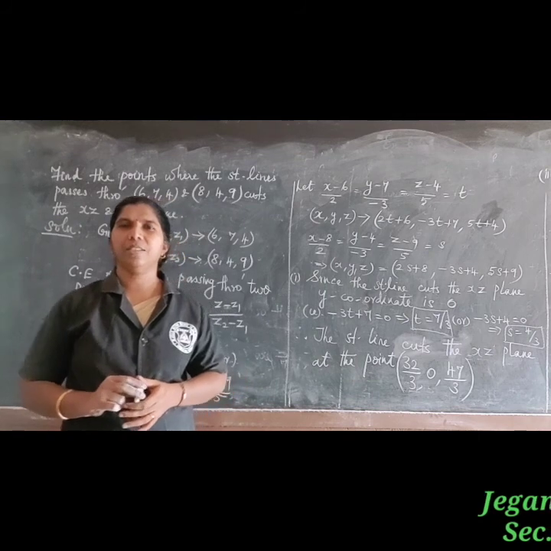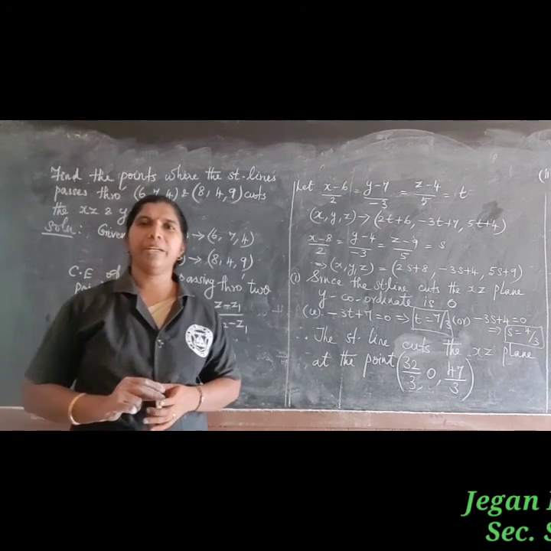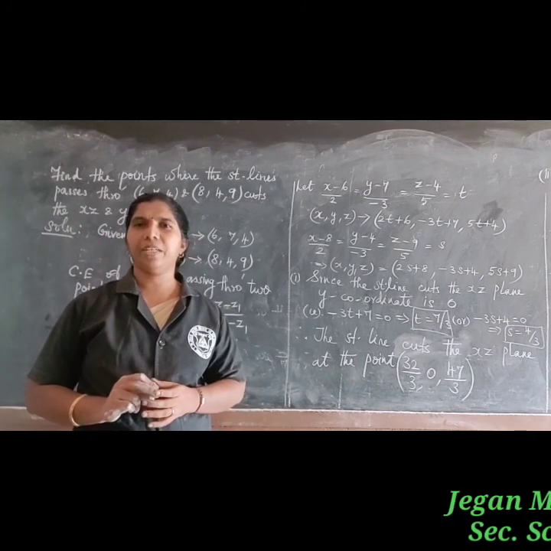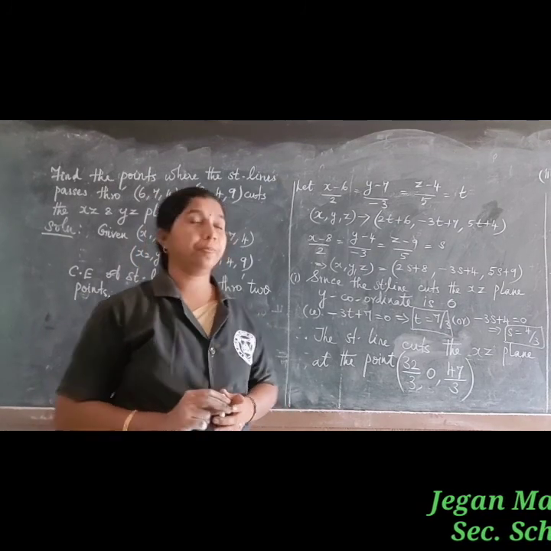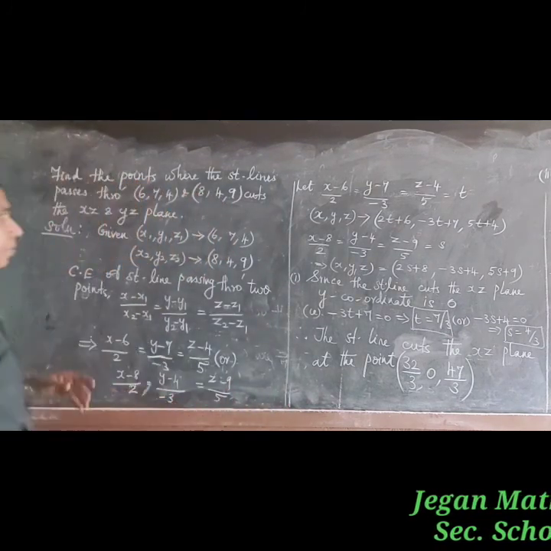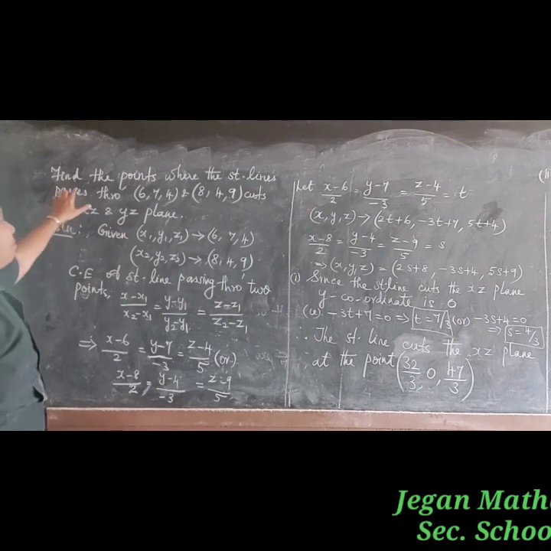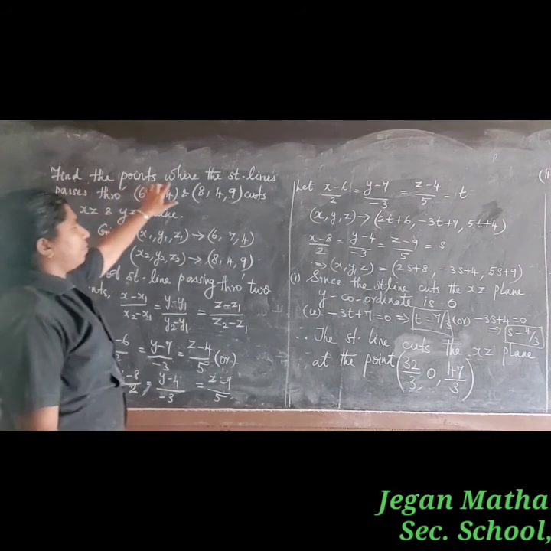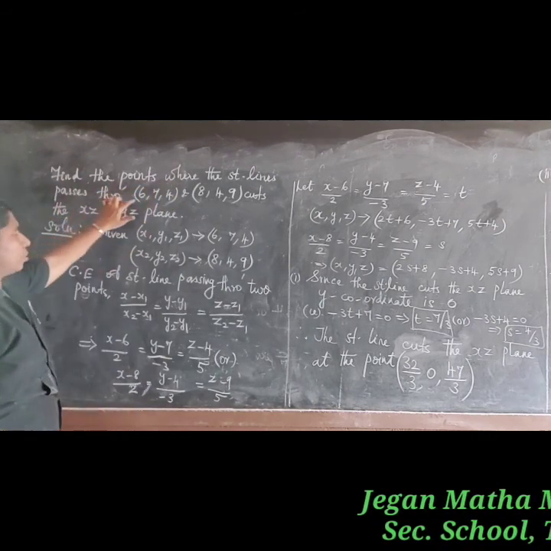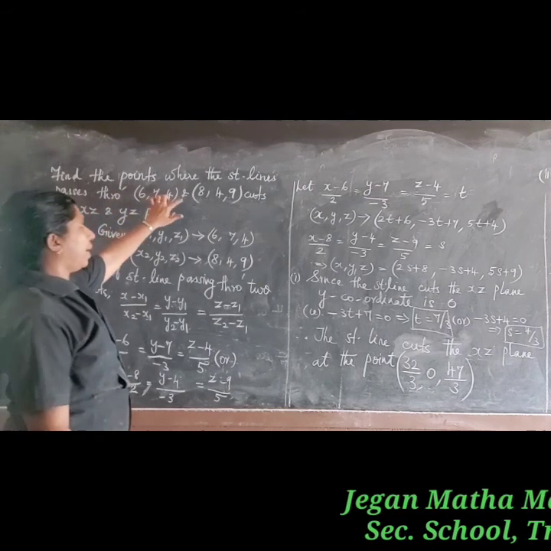Hi students, now I am going to take 12th standard maths, chapter 6, application of vector algebra. Today we are going to solve the sum. Find the points where the straight line passing through (6, 7, 4) and (8, 4, 9)